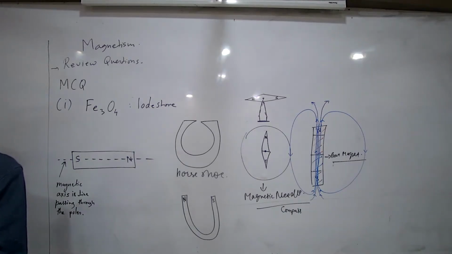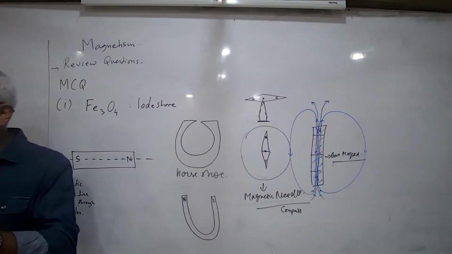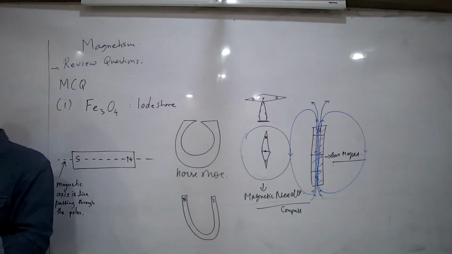We represent it in the form of closed loops, emerging out of the North Pole and entering into the South Pole, and inside the magnet from South to North. So it has to be a closed loop. They are present at every point around the magnet. If you have drawn two lines and there is a gap between them, it doesn't mean there is no magnetic field. You just have not represented it. So the first property is they form closed and continuous loops, north to south outside the magnet and south to north inside.